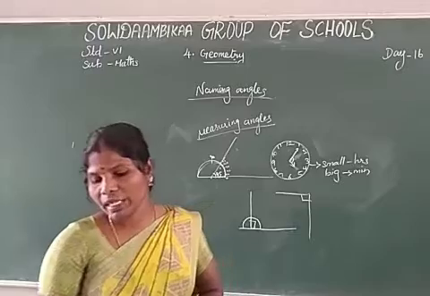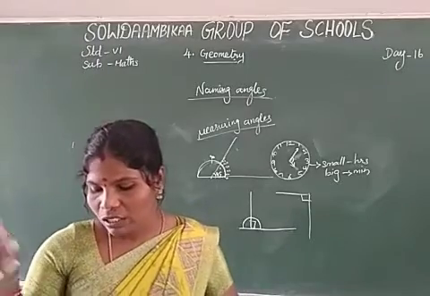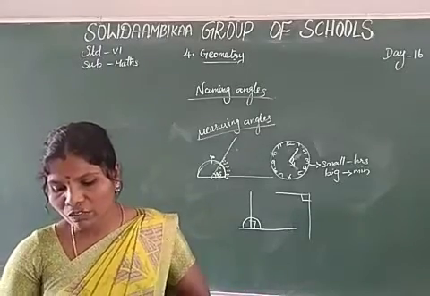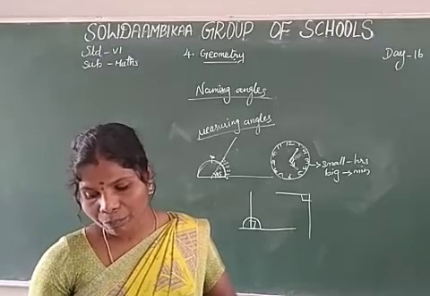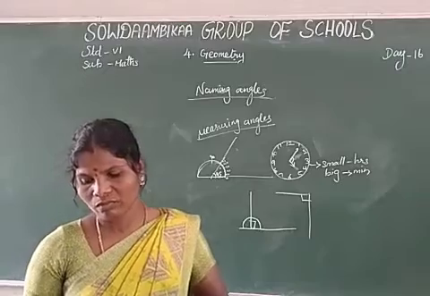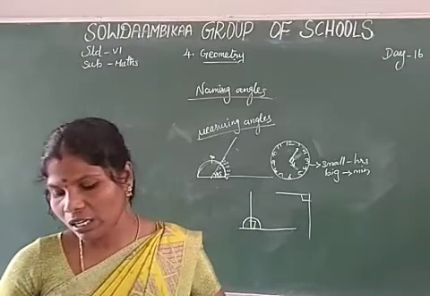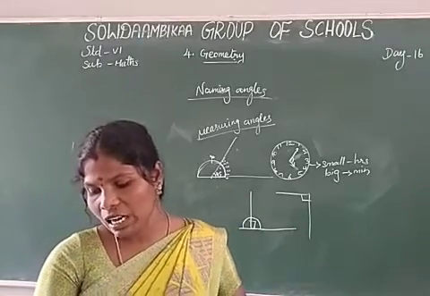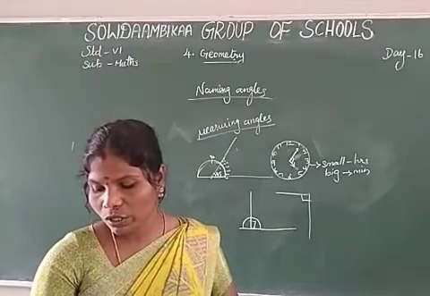Now take page number 89 and see the acute angles. Five pictures are given, five wall clocks are given. First one, 2 o'clock, it's an acute angle. 3 o'clock, 3:30, it's an acute angle. And 6:45, it's an acute angle. 10 o'clock, acute angle. And 11:40 is also an acute angle.